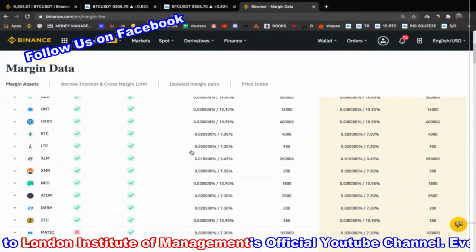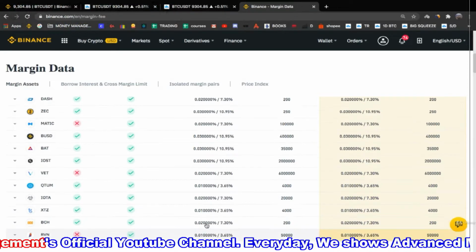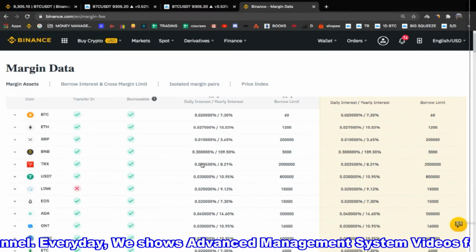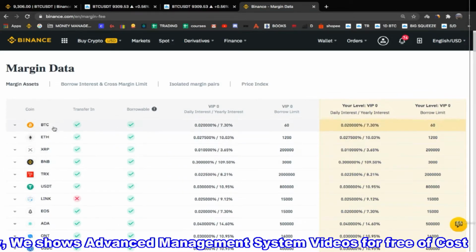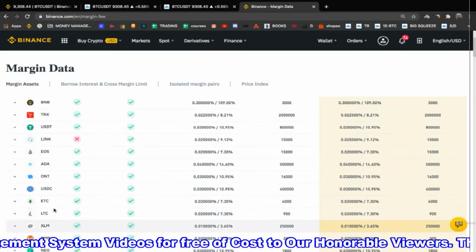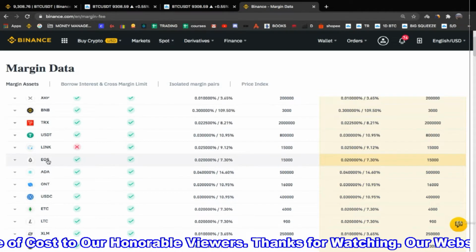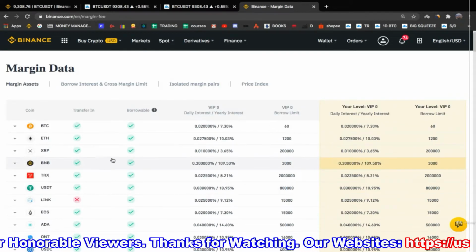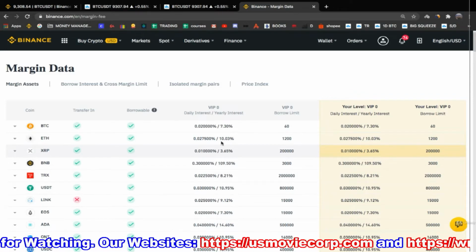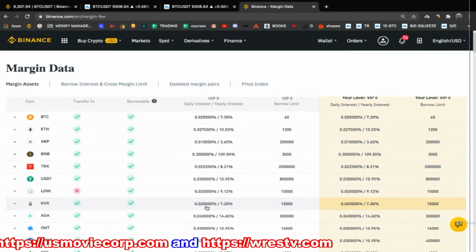So this is how you calculate how much you are going to pay. And as you can see, for some pairs it's very low, right? 0.01 for some pairs. So most of the time you will be borrowing USDT or Bitcoin, and when you want to short something you will be borrowing all these cryptos, right? When you want to short them, you borrow them, sell them, and then buy them at a cheaper price. But we are going to talk about this in other videos in more detail. This video is mainly for you to be aware of the fees and to be able to calculate, right?